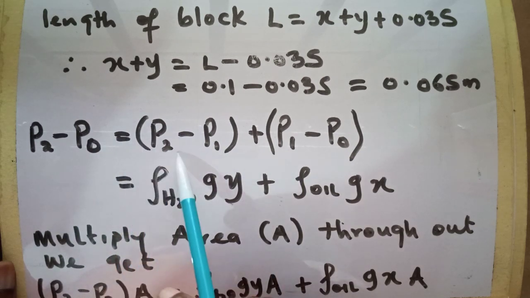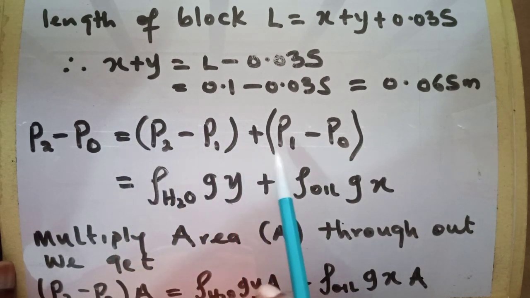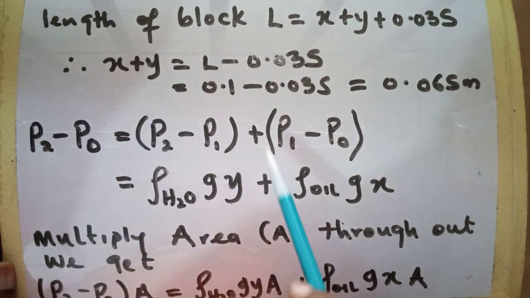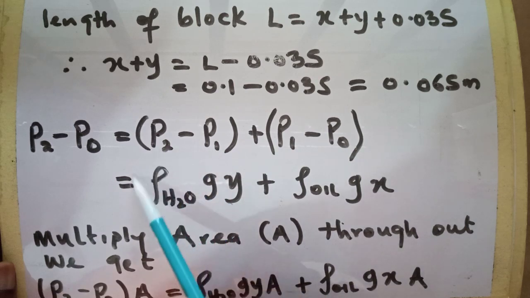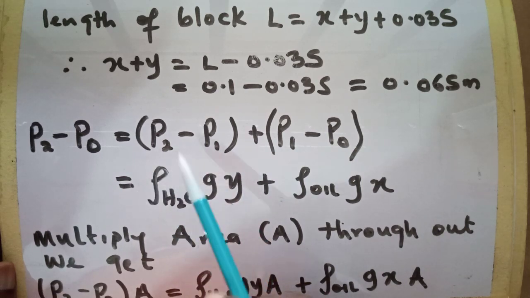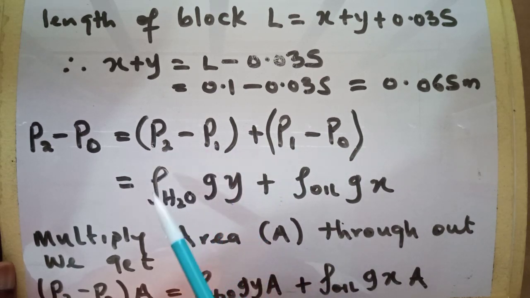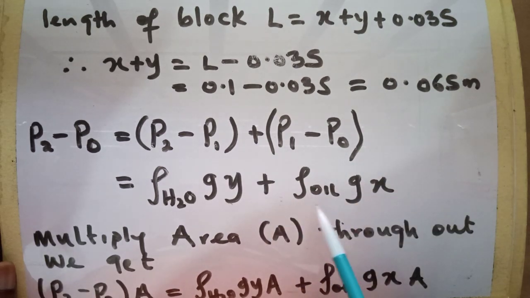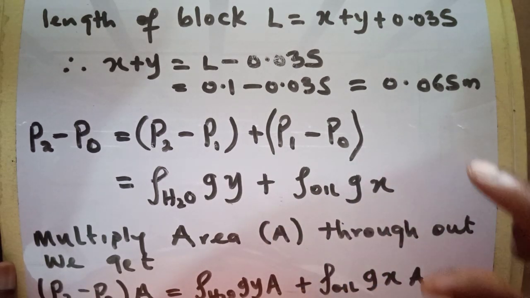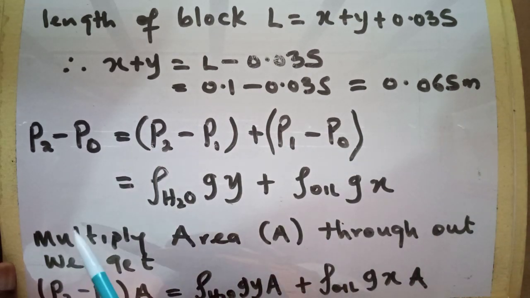also equal to P2 minus P1 plus P1 minus P0. Now, this expression is also giving us this expression. So the difference between P2 and P1 is the density of water times gravity multiplied by Y, which is the thickness of the block, plus density of oil, gravity times the thickness of the block. If we multiply area A throughout, we get